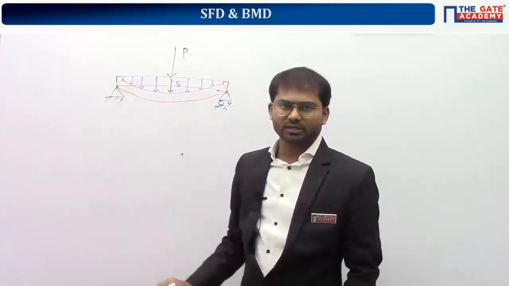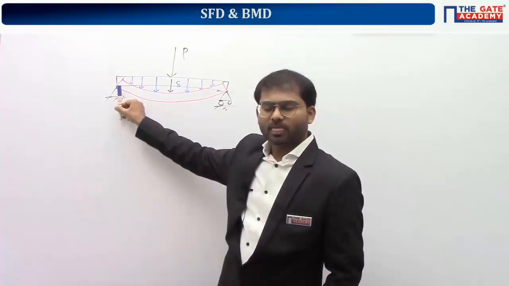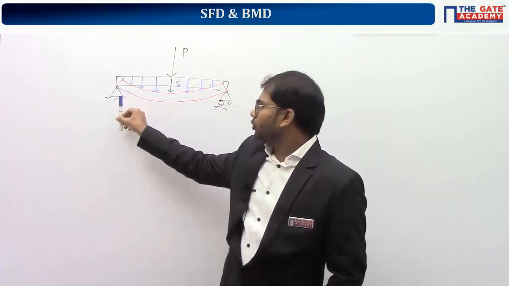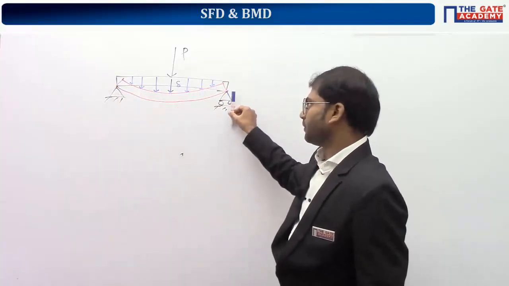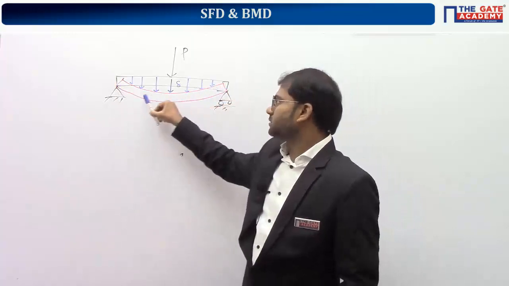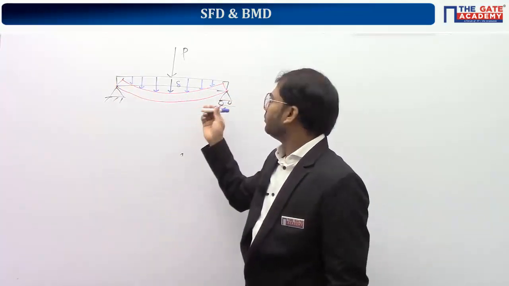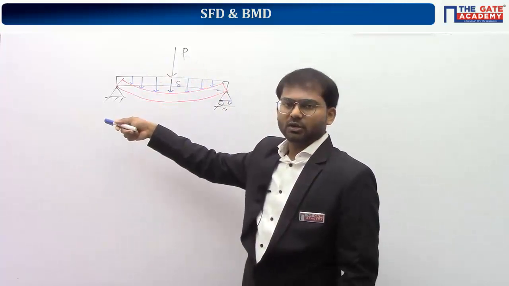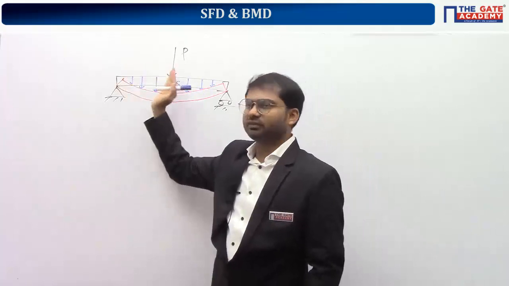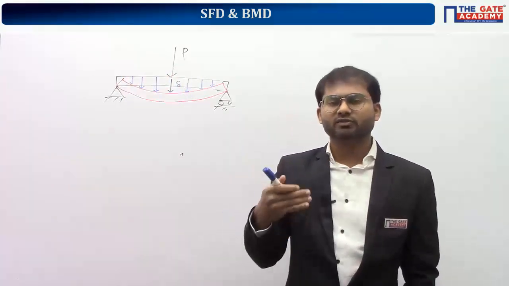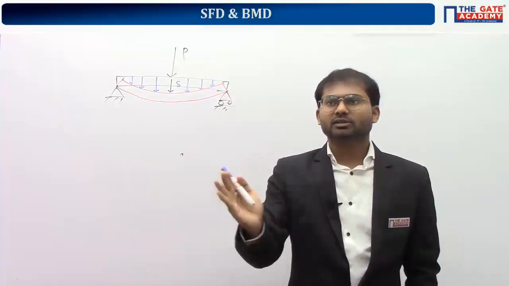But actually, there is another force coming up from the supports. Another force is coming up from the left support, and another force from the right support. So the beam is experiencing the effect of three forces. We are going to find out how much is induced due to all these three forces, and its variation along the length of the beam.